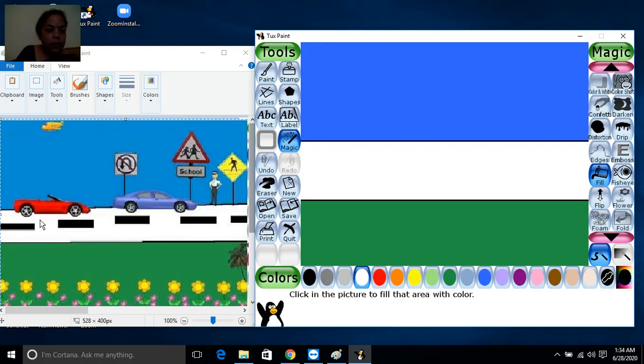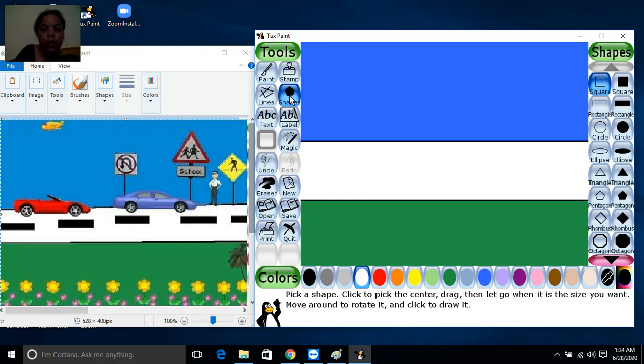Now after this you can see that black color rectangle boxes are here. So to draw these rectangular boxes, we have to click on shapes. You can see below the stamp we are having the shapes tool. So we will click on it. When you will click on this, that time at the right side you will get different types of shapes. From here you have to select the rectangle one.